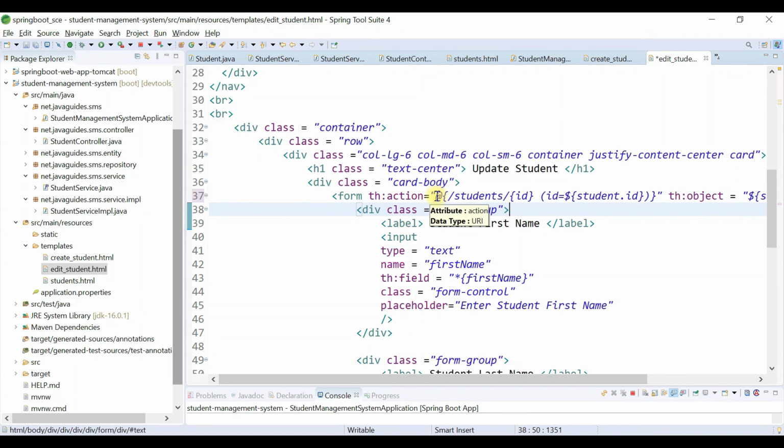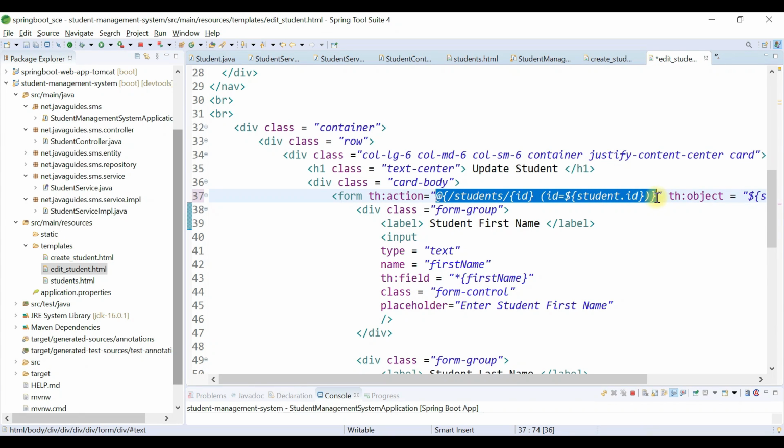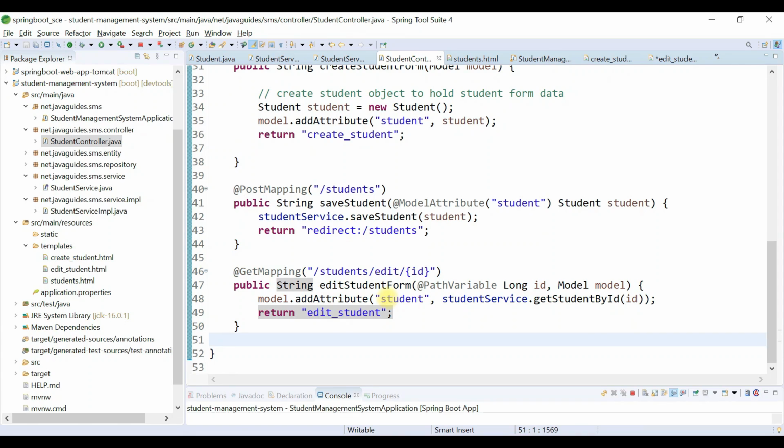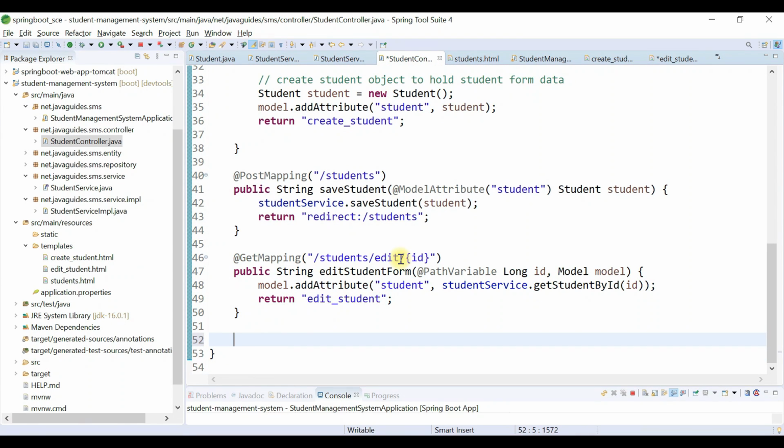Now I'm going to create a handler method to handle this request. Okay, let's go to the student controller, and here let's write a handler method to handle the update student form request. Just create a method, public and then String, and the method name is updateStudent, and here we're going to pass the id, that is long id.